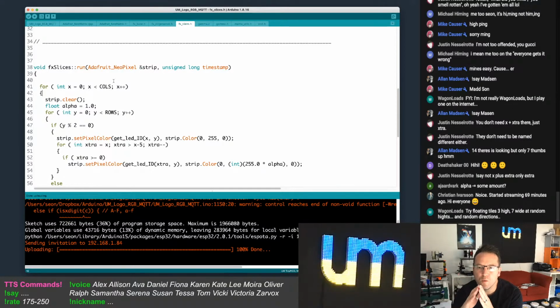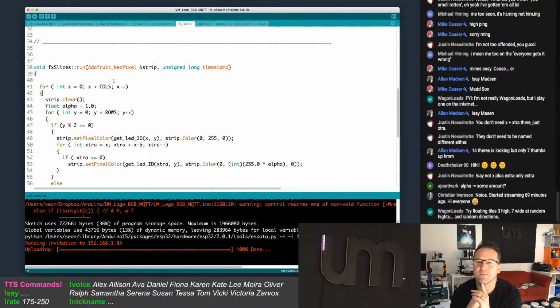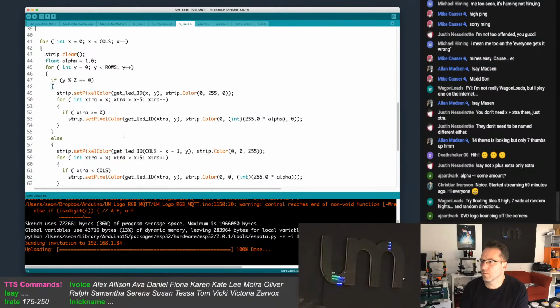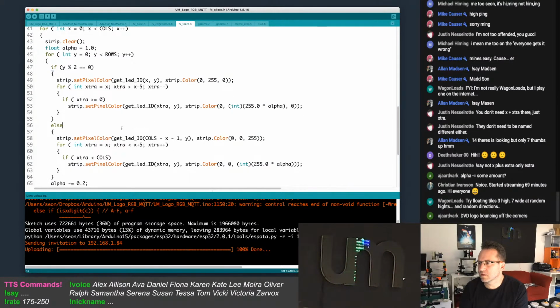Go, go, go. Looks like it's on an angle, but it's not. Oh, right. Because this is the -1. Equals that. And then... are they faded?